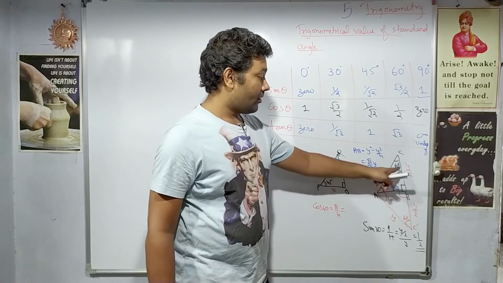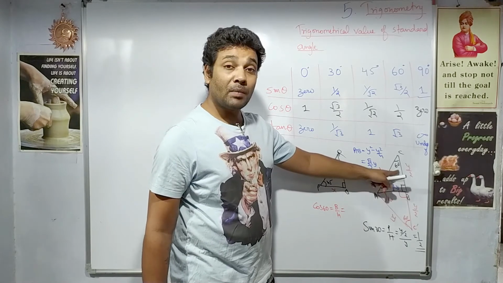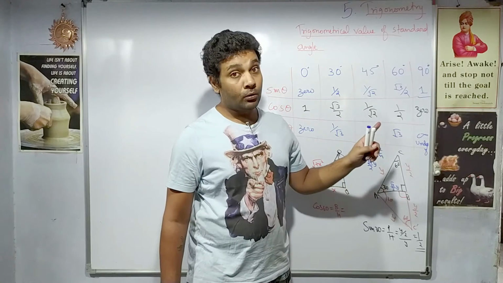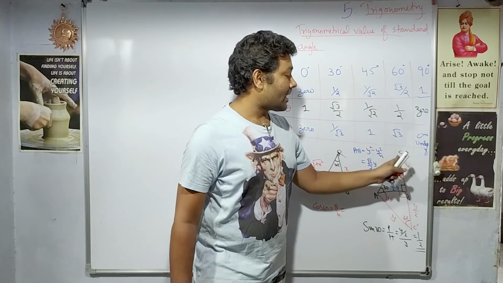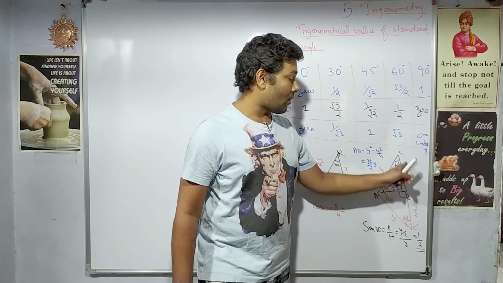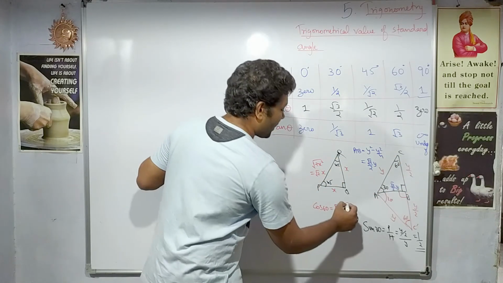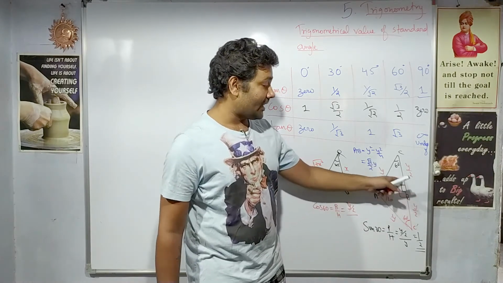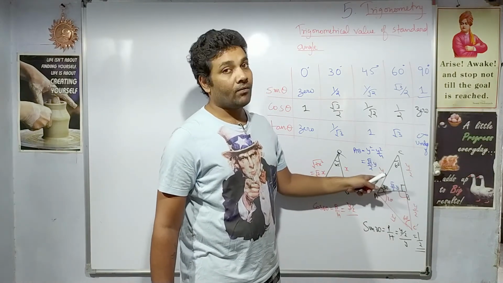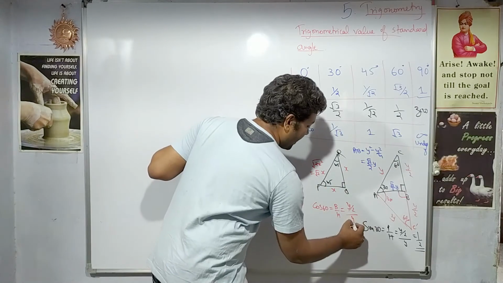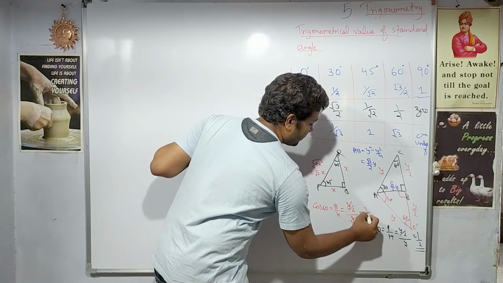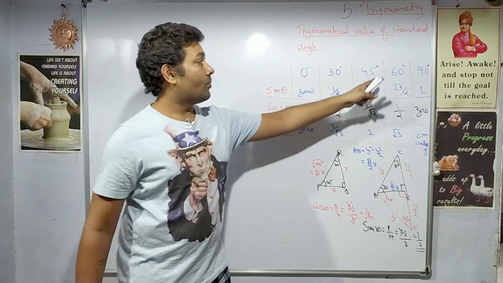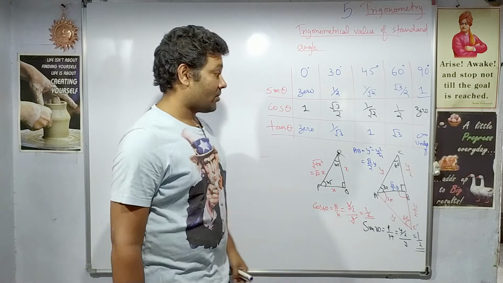So 60. Which side is called base? The side which has the angle and 90 degree both, it is called base. So this is base, y by 2. Hypotenuse, I said, is exactly opposite to the 90 degree. Whatever you see, that is hypotenuse. So y, if you cancel out, 1 by 2. Cos 60 is 1 by 2. Yes, magic.